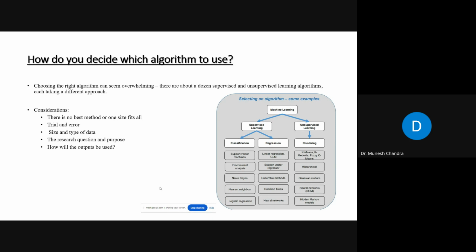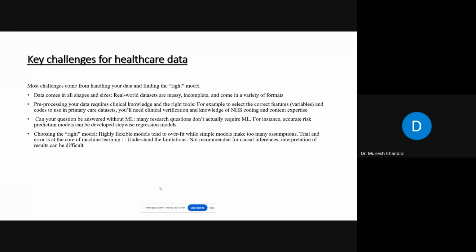Another is how the output will be used. If we are giving the input and output, then this algorithm is better. If we are having only input, then this algorithm. That is also not practically possible. Depending on your research questions, you can decide the things. So these are the approaches generally used in order to decide which ML and DL algorithms to be used.